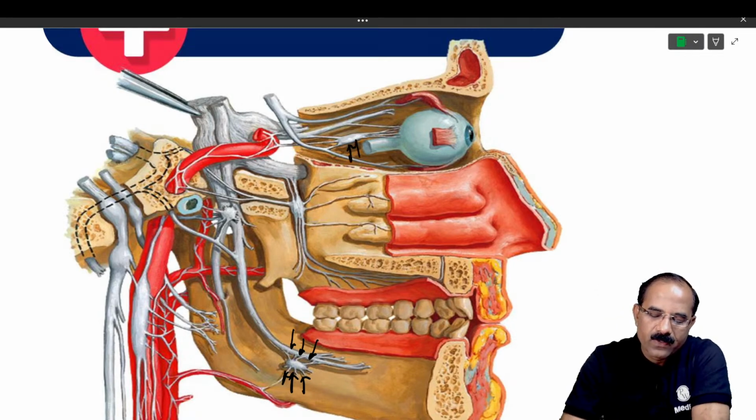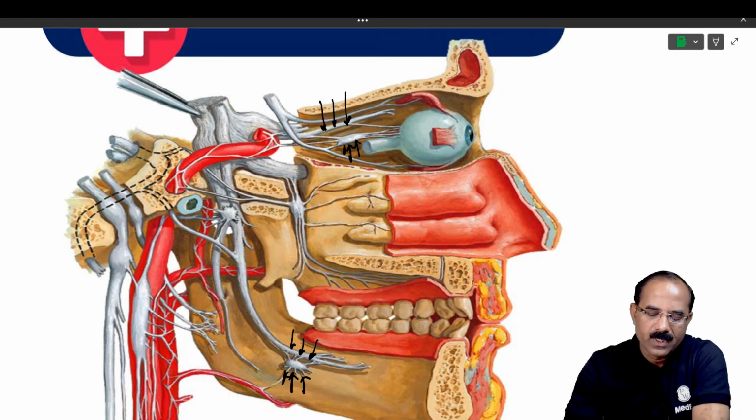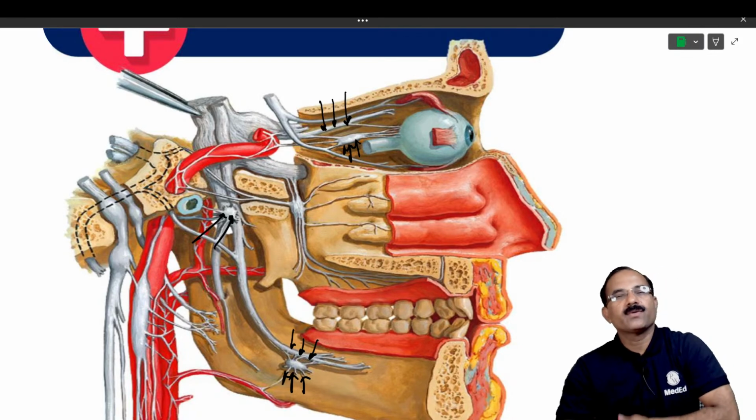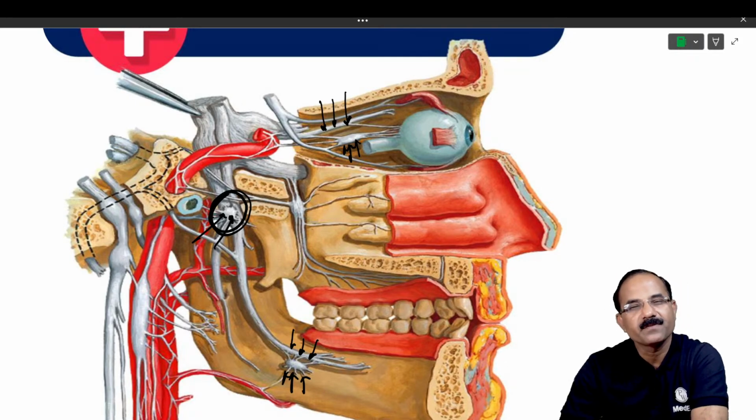What is this ganglion, bacha? That's a ciliary ganglion. What is this nerve? ये क्या nerve होगा? That's a nasociliary nerve. What is that relation? Structural relation. What is this ganglion? That's an otic ganglion. What is this nerve? ये nerve कौन है? Mandibular nerve. So what is that? Structural relation.